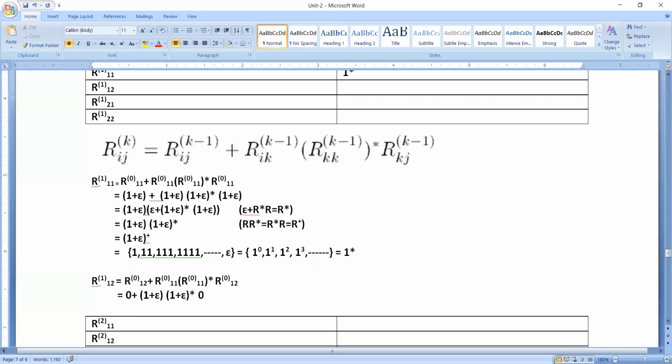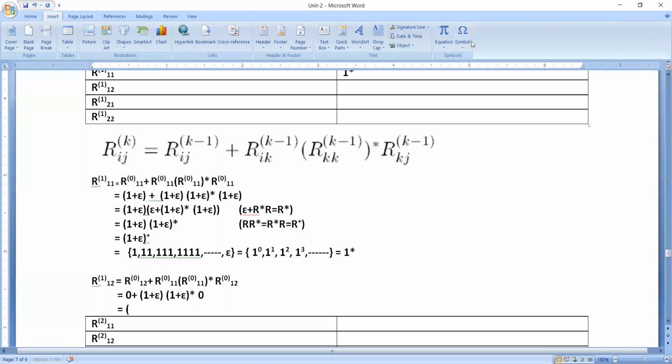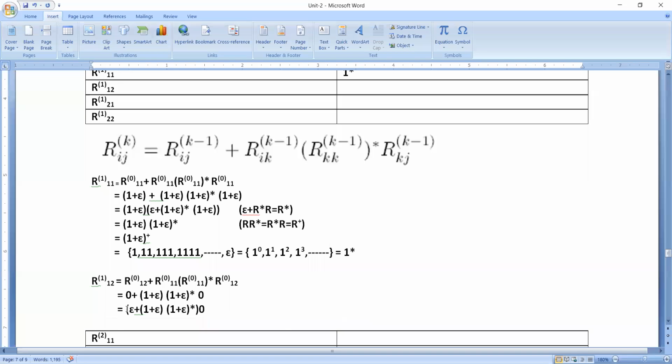Now what we have to do now? Now we try to simplify this. Now how to simplify this? For this, I am going to take a 0 as common. When I take a 0 as common, on the left hand side we will get epsilon, epsilon plus this thing will remain as it is, and then here we will get 0. Now please observe, this will be in the form epsilon plus r star.